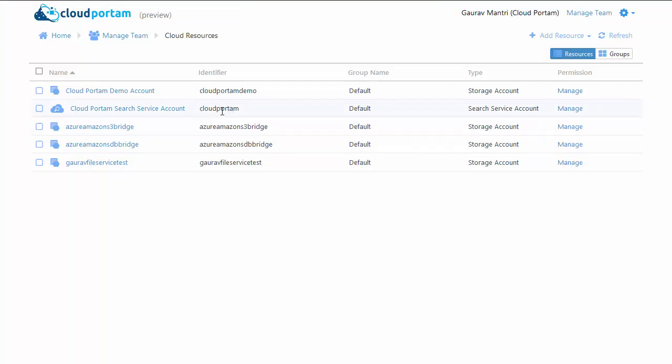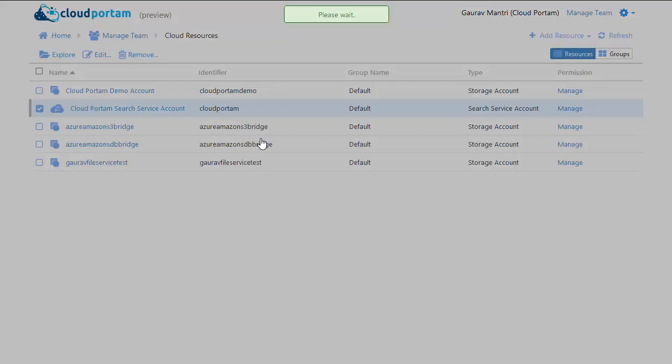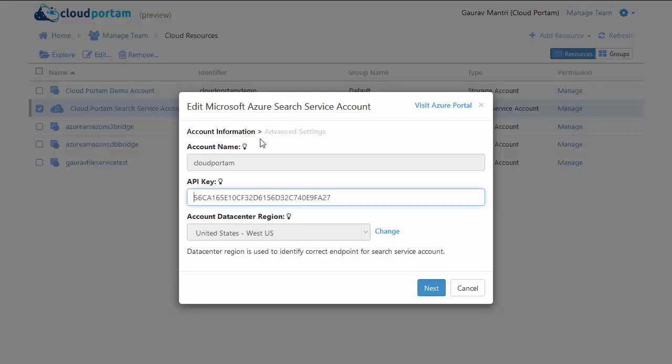In order to edit it, I will select this search service account, and the moment I select this, I can see this edit button come up on top. I can click on it, or otherwise I can just right click on this particular row and click on edit. So now I can see all the properties of the search service account.